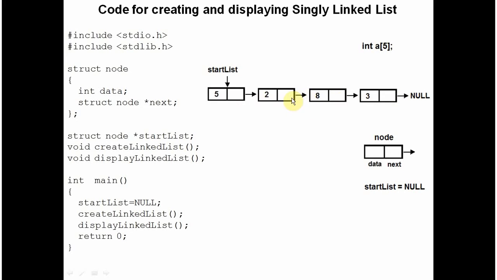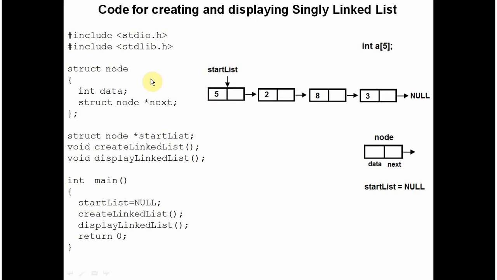That's it. For example, you want to insert an element between 2 and 8. Create a new node, set the pointer of this node to point at that node and set the pointer of the new node to point at this node. That's it. So the new node will be inserted between 2 and 8. Dynamic memory allocation is a technique of memory optimization. You can free the memory once your job is done. You can allocate more memory, so it will use the memory optimally.